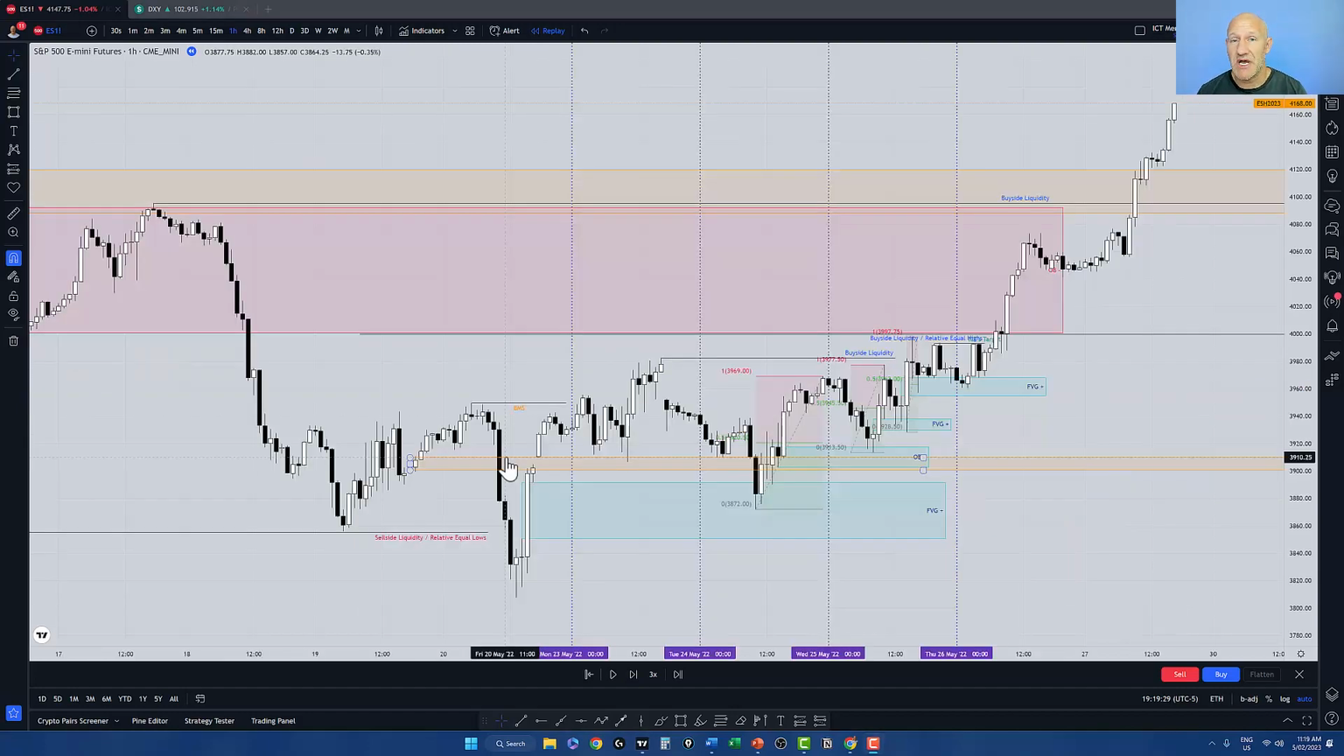So we're on our 1 hour chart now. What we're really trying to show with this part of the video is how these subsequent sessions were all bullish, and you can see that from the price action here. So we come down, we take out the sell side liquidity, relative equal lows down here that we talked about